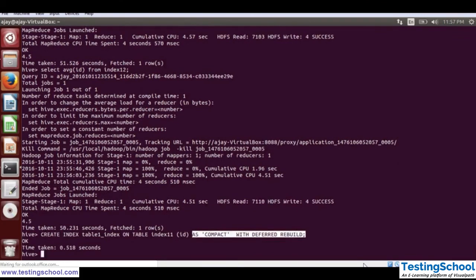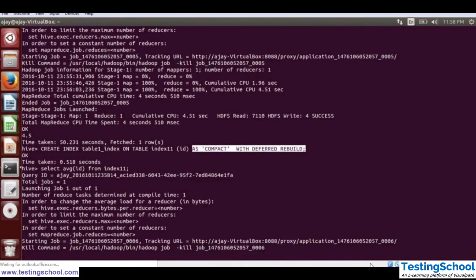So I have created an index on a particular column, that is the ID column, on the table index 11. Now let's try to execute the average query on the index 11 table and see how much time it takes.